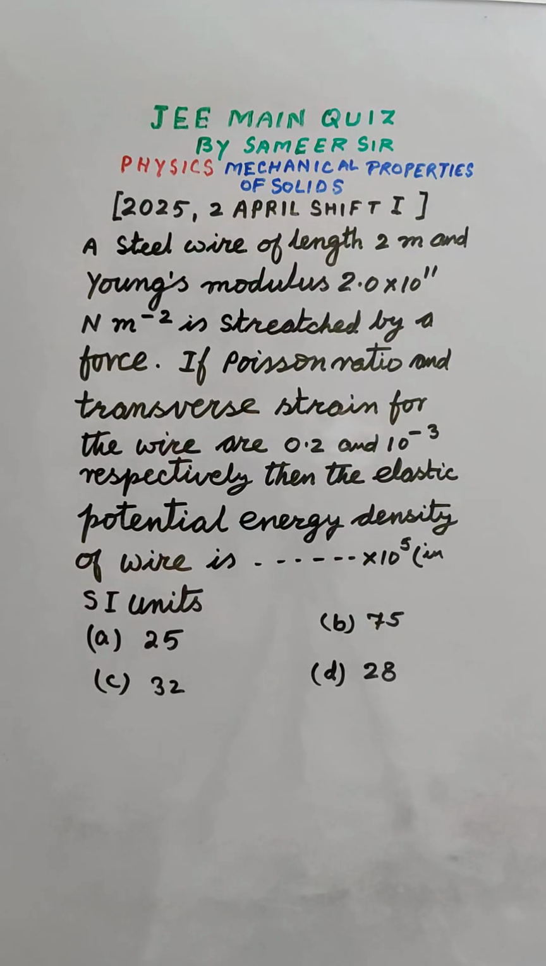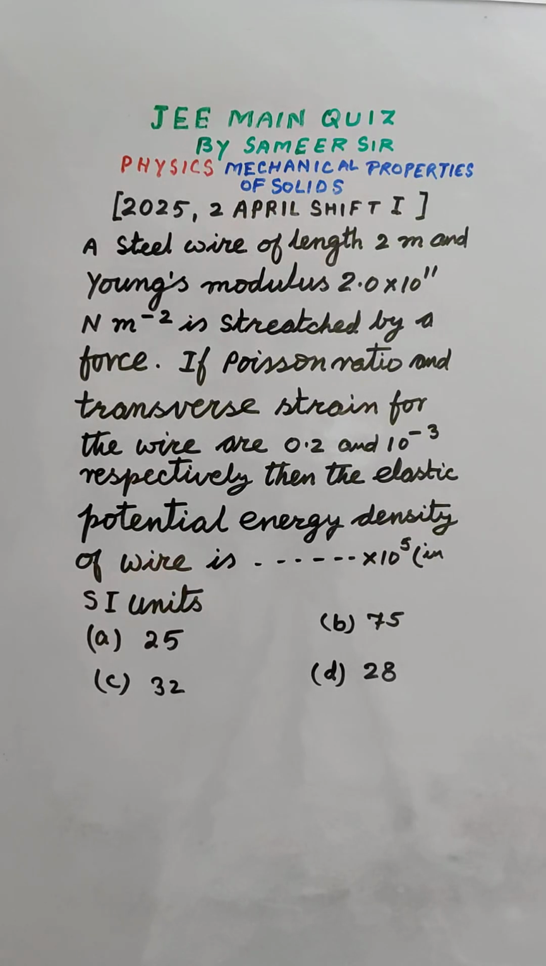Our second question we have taken from Physics, Mechanical Properties of Solids. ये क्वेश्चन 2025 में 2 अप्रैल को शिफ्ट 1 में पूछा गया था। एक स्टील वायर है जिसकी लेंथ 2 मीटर है और यंग मॉडुलस 2.0 इंटू 10^11 न्यूटन मीटर इनवर्स 2 है। इसे एक फोर्स लगाकर स्ट्रेच करते, खींचते हैं।